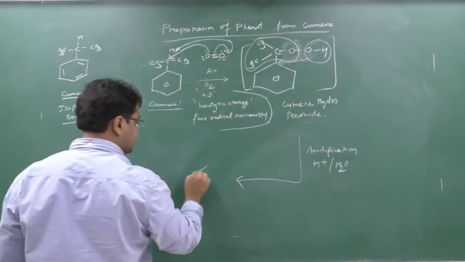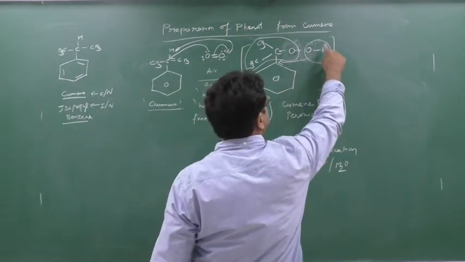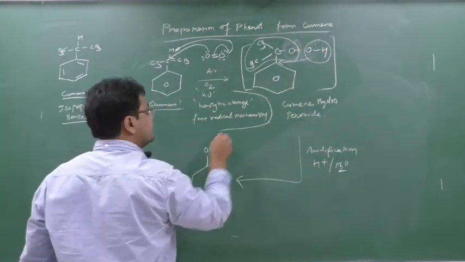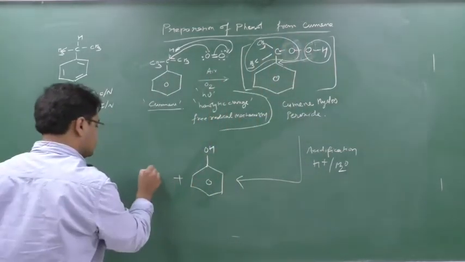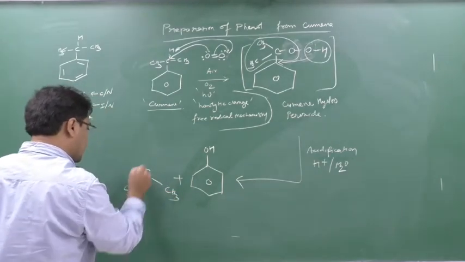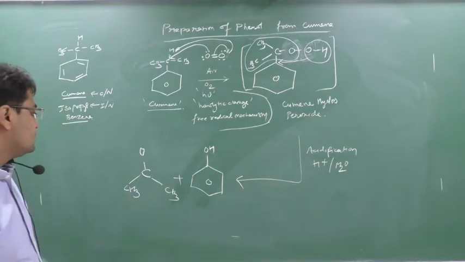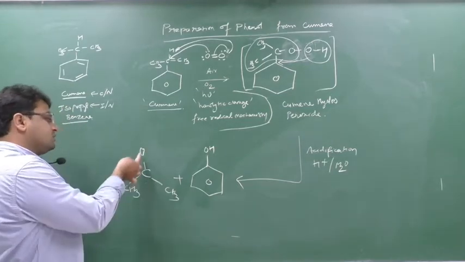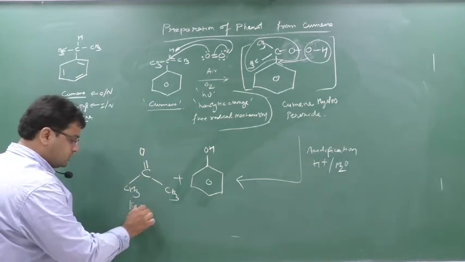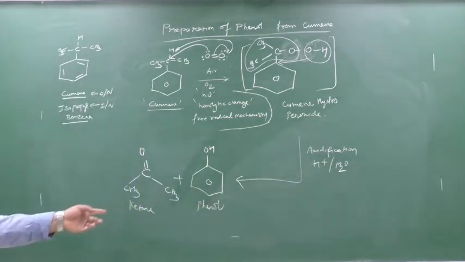First you will get phenol, because this OH will be removed and attach to this carbon. So this carbon has OH, and this will be removed as it is. So C is removing as CH3, here also CH3, and here O. But carbon has the capacity to make 4 bonds, and here there are only 3 bonds. Carbon and oxygen will always have a double bond, so this ketone will be generated. Ketone, and this is phenol. So dimethyl ketone will be generated, and phenol.